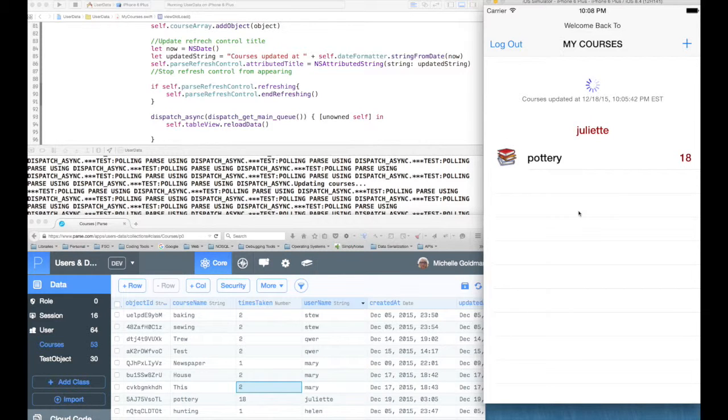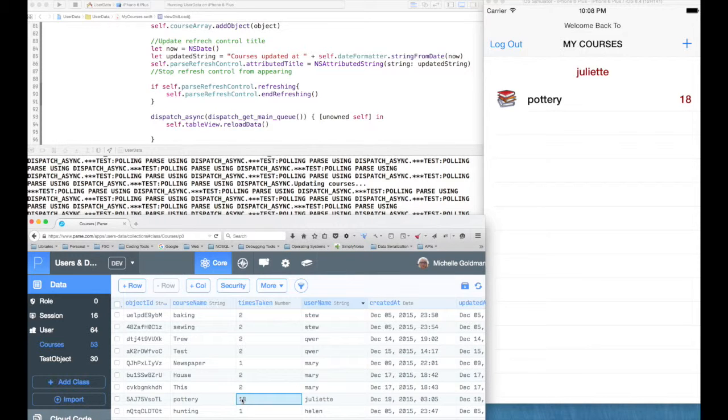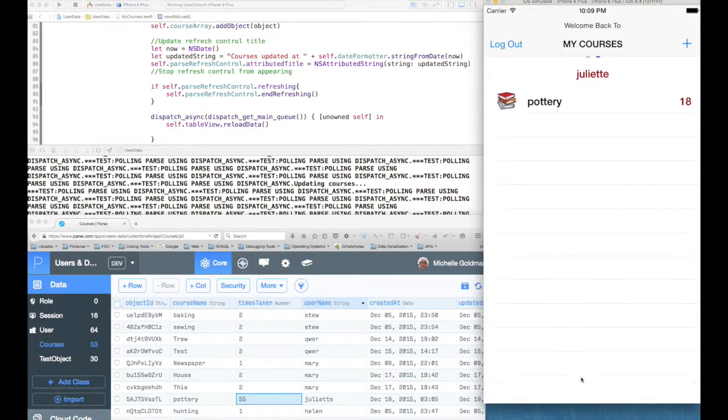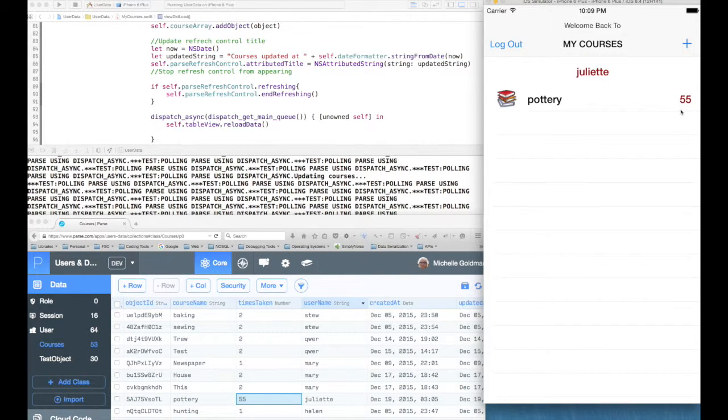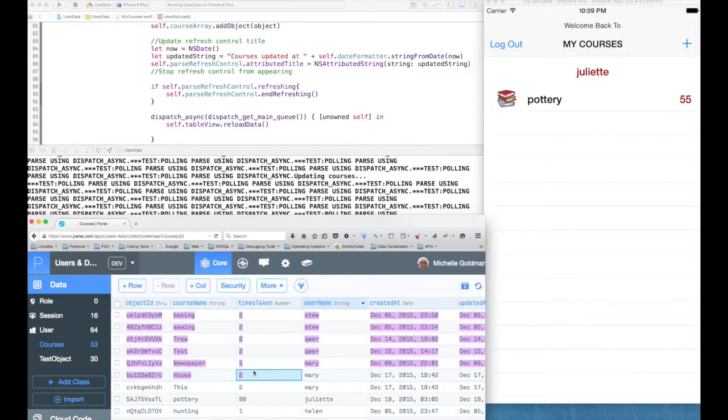It gives the date and the time. So we've got that. And here we've got Juliet in the cloud with the pottery class. So let's change that. And then if we come here and pull down to refresh, you see that it's updating the information. Okay, so now let's change the information again. And then we'll just wait, and you can see here